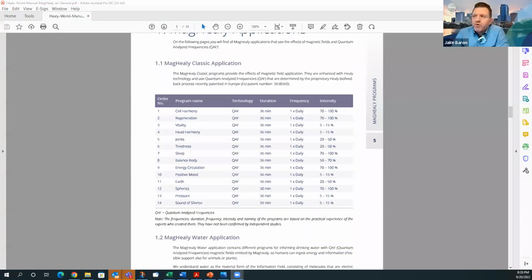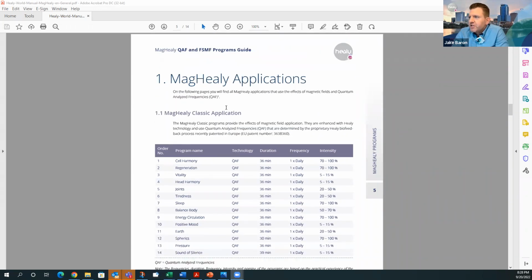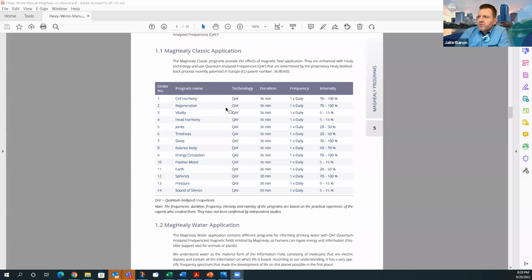It's also available directly in the MagHealy app if you're running the MagHealy, but you'll see next to each of the modules and each of the programs, there's a recommended intensity. So 50% for most programs is kind of in that range, but you'll see some of these, they recommend 70 to 100%. So if you're running at 50, you're kind of below that recommended intensity. And then if you're at 50, for some of these, the recommended intensity is only 5 to 15%.